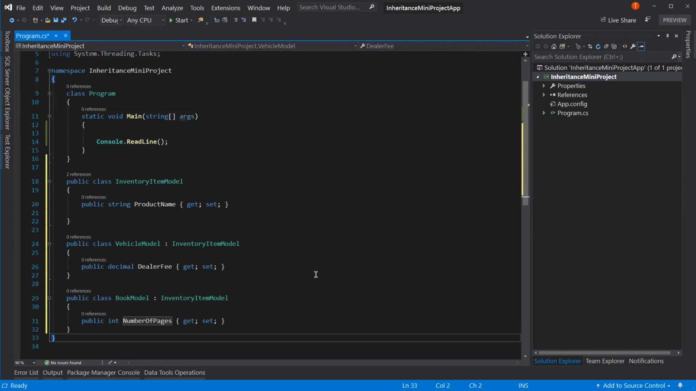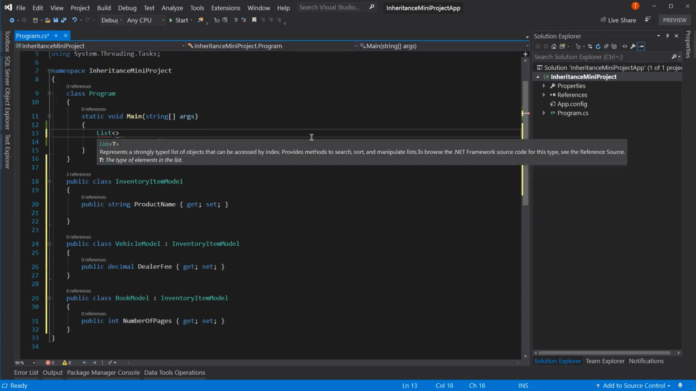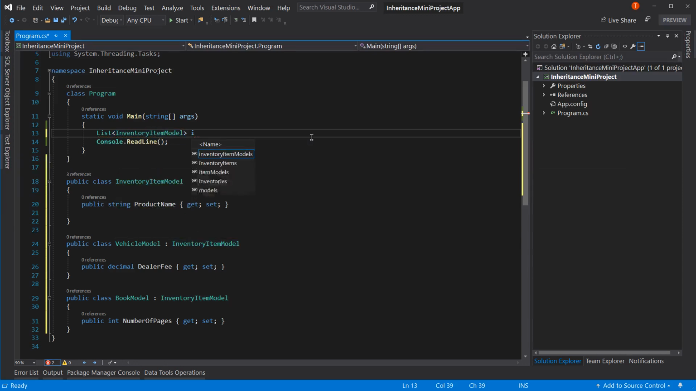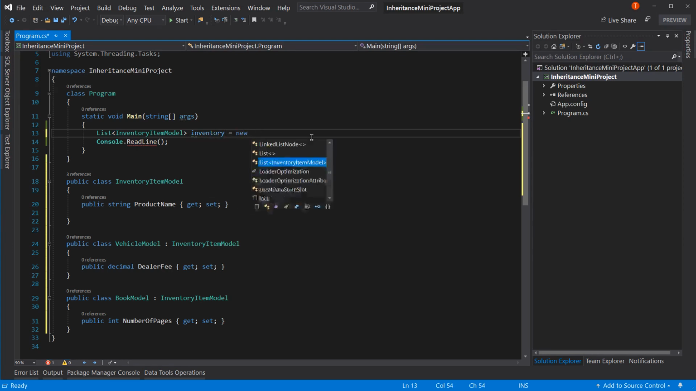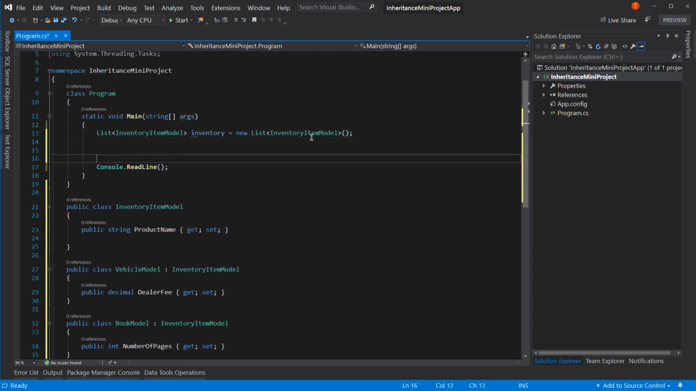So let's talk through the next issue. You want to have this list, so let's just create a list here. And we'll say it's a list of, let's start with just inventory item model. And we'll call it inventory equals new list of inventory model. And now we can add different things to our